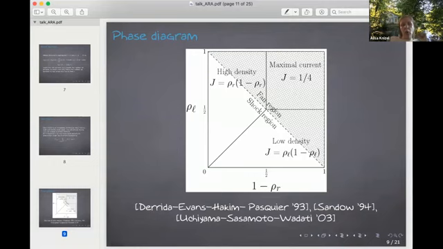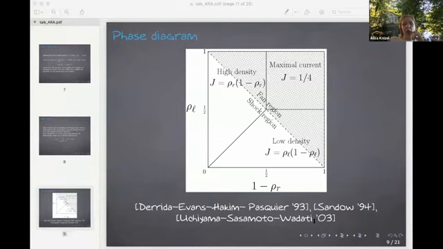Okay, so what do all these phases represent in terms of the system? The phases are called low density phase, high density, and maximal current. So physically,